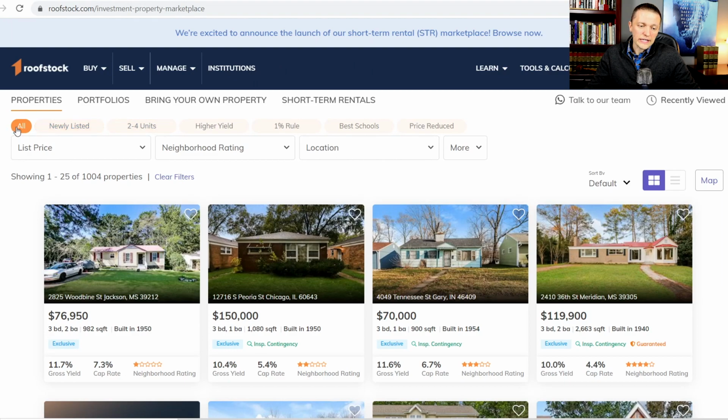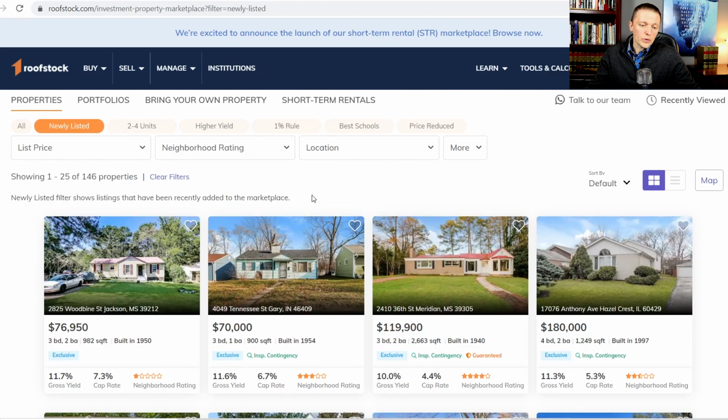So we got all is selected right now, so that's why we got 1,004 properties showing. And then we have newly listed, 2 to 4 units, higher yield, 1%, best schools, and price reduced. So all those are basically shortcuts for trying to find something that may be a good deal. I will go through them quickly for you guys, and then I'll talk to you about which ones I like looking at and what I'd like to use. But let's just say we wanted to click on newly listed, and so we click on that,